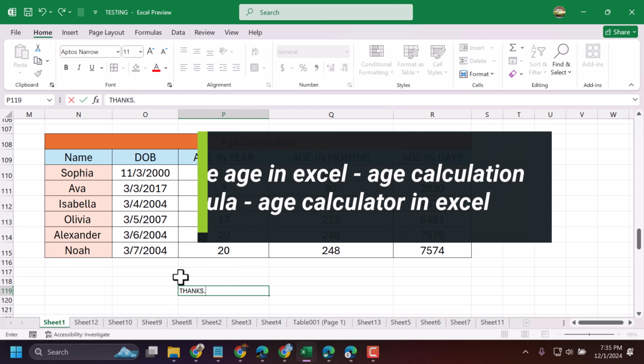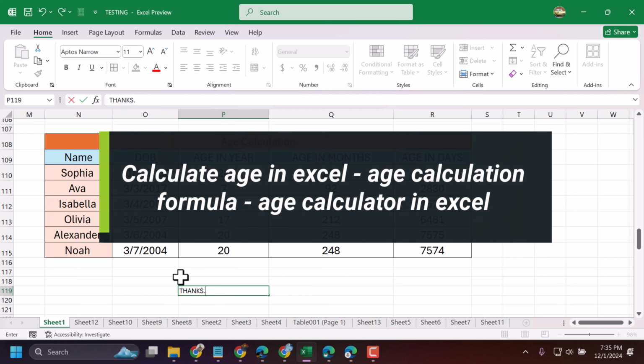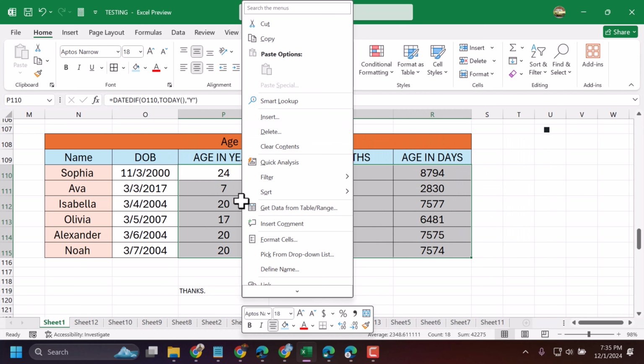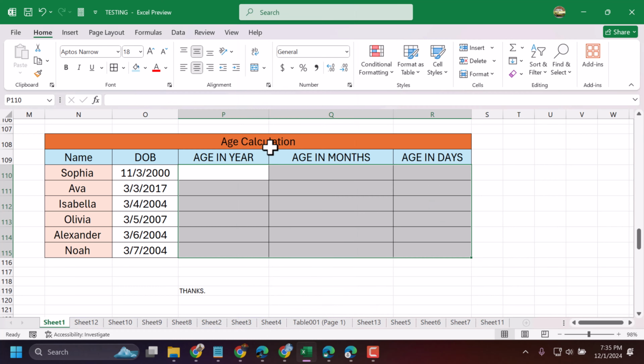In this video, I will show how to calculate age in Microsoft Excel. So you can use this formula to calculate age. Type here equal